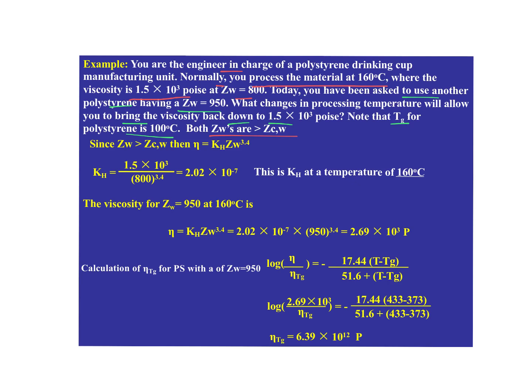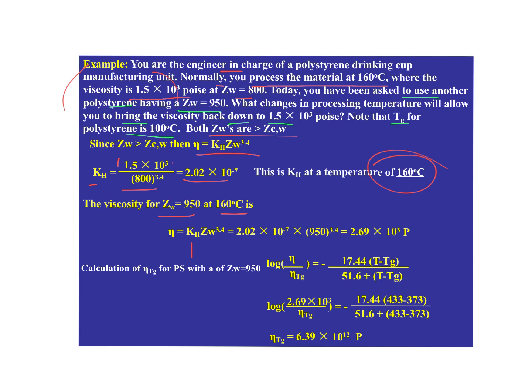about that. So we use that expression as opposed to the 1.0 expression, K_H equals Z_w to the 3.4 power. K_H then, given all the data at hand, is going to be equal to 1.5 times 10 to the third, that viscosity value, divided by 800 to the 3.4 power. So we get K_H as 2.02 times 10 to the minus 7th, and this is again at that temperature of 160°C. The viscosity for Z_w at 950 at 150°C, again using the same expression,